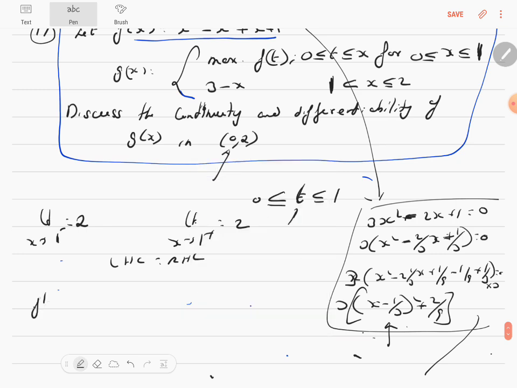And now let's go to differentiability. The limit of f dash of x as x tends to 1 from the left, and the limit of f dash of x as x tends to 1 from the right. If you differentiate the right hand side, you get minus 1. So it's independent of the value of x, the slope on the right hand side is always minus 1. For the left hand side,